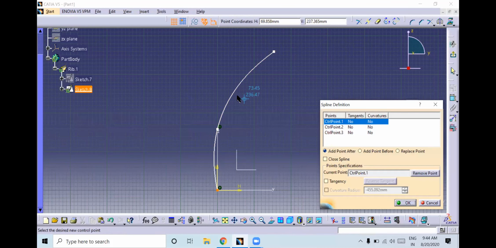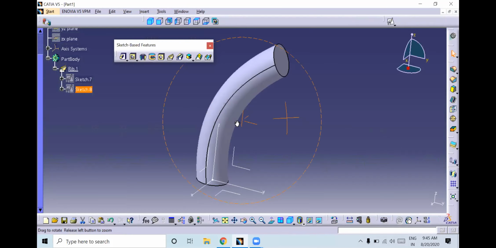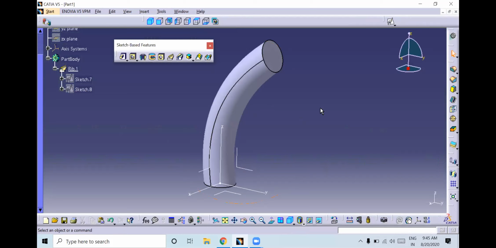See here, just double click it, you can add, and give okay. Leave it, that is not required, we'll see later. So you can edit the guide curve and exit, and it will update. See, like this. Got it? So this is how you can use rib.